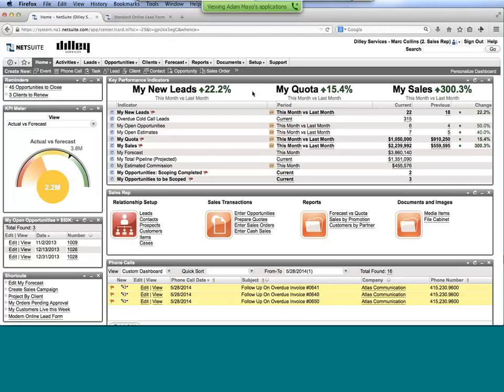As far as capturing new leads into the system, I certainly can go in and create a new lead right off of here and walk through the screens to do so. If you're working with external lists, we have full import capabilities, so if you wanted to import lists and route those accordingly to reps, we can do so as well.